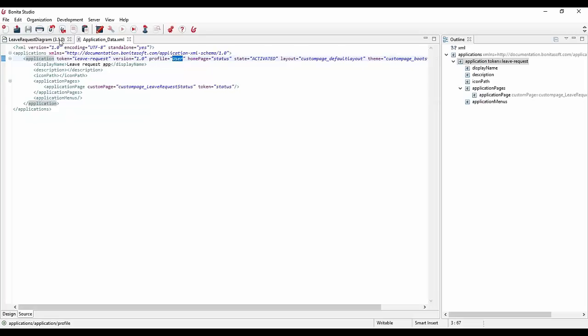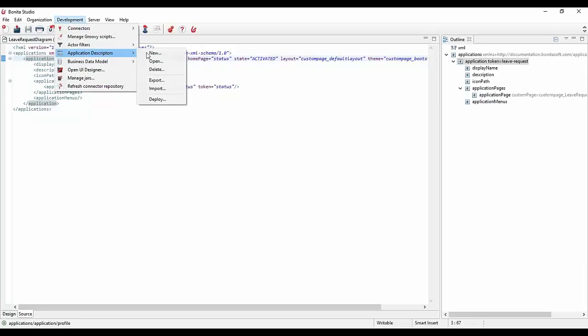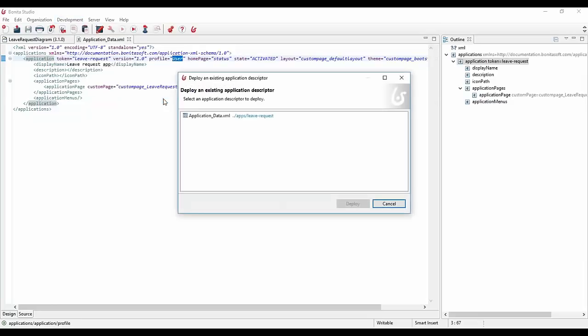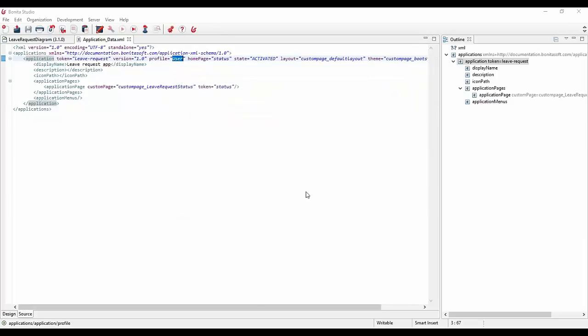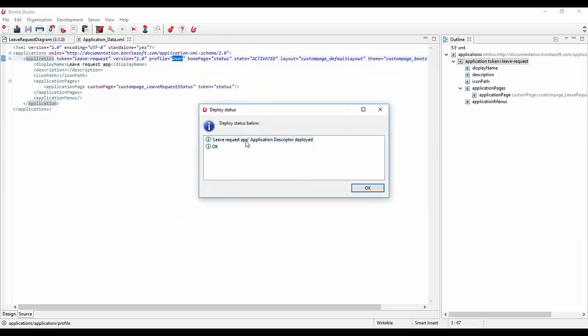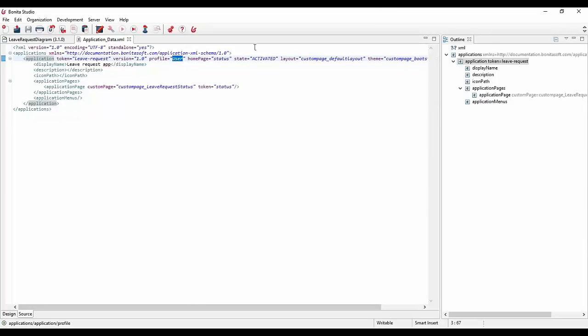All of this can be deployed and hosted directly by our application. When you go here, you can deploy this application, and this will deploy the application descriptor, which will be accessible from Bonita.